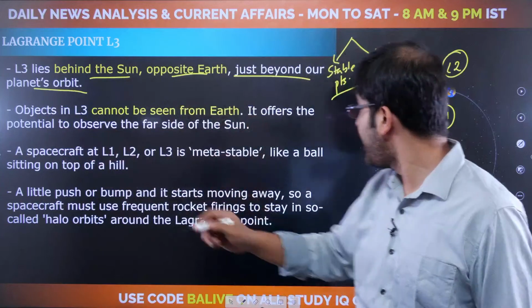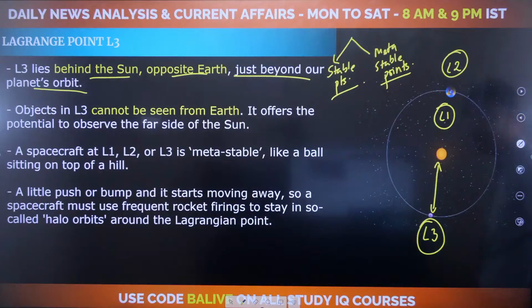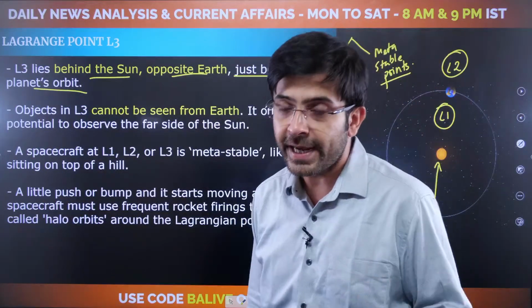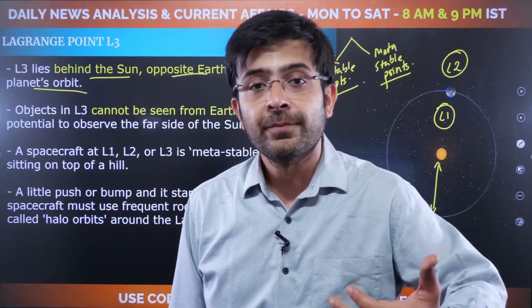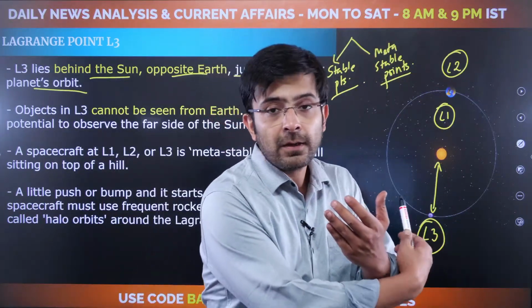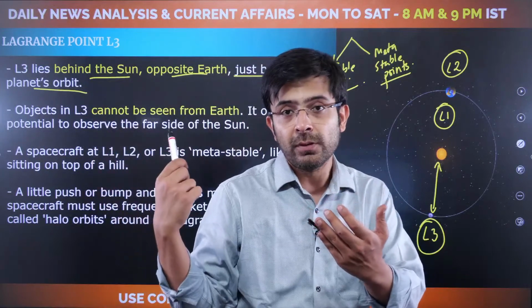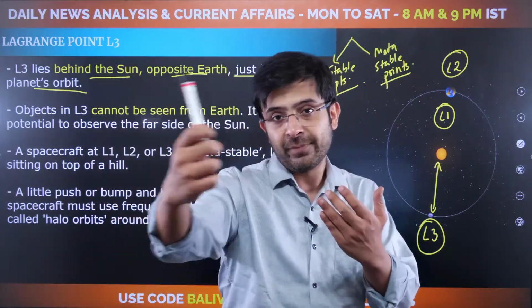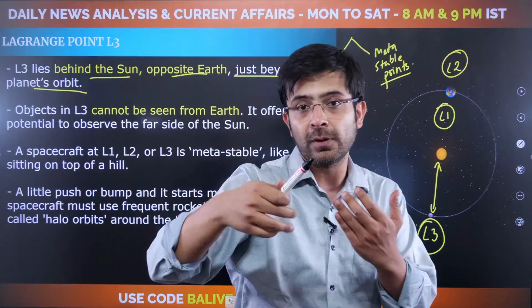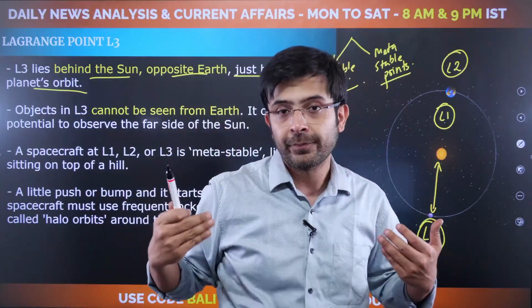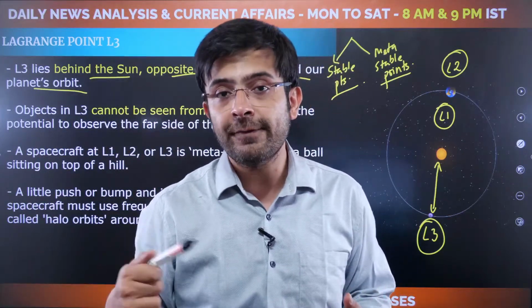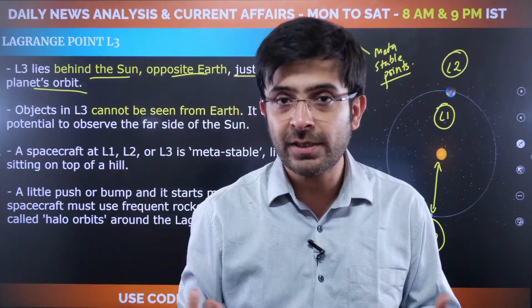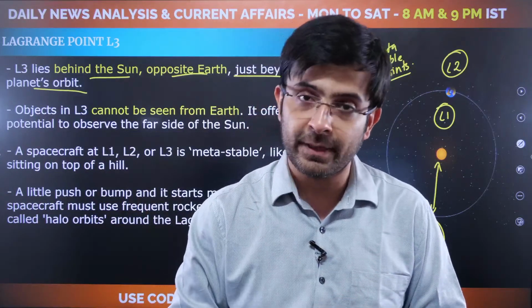Please understand, because it is behind the Sun, the obvious inference should be that communication will be a problem. For example, in the Chandrayaan mission, when it takes one orbit around the Moon, ISRO loses contact for a certain time when it is towards the other side of the Moon, not the one facing Earth. You are going to find that communication is often not established, lost, or briefly interrupted.